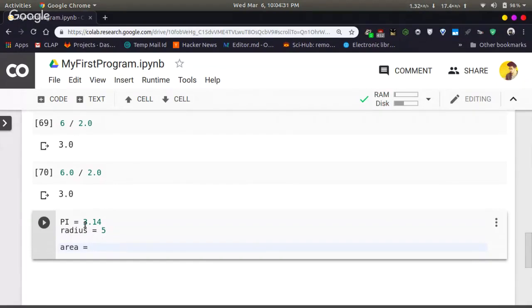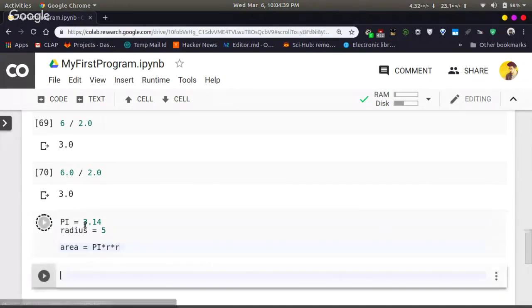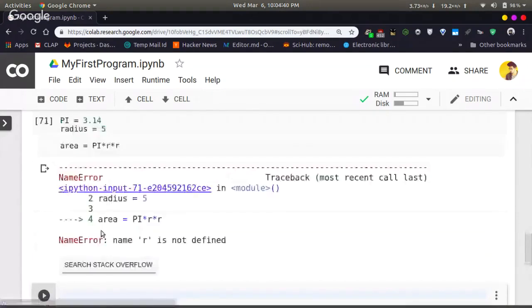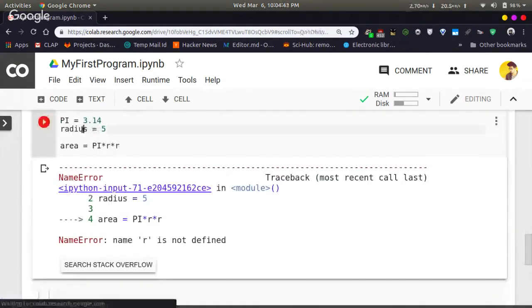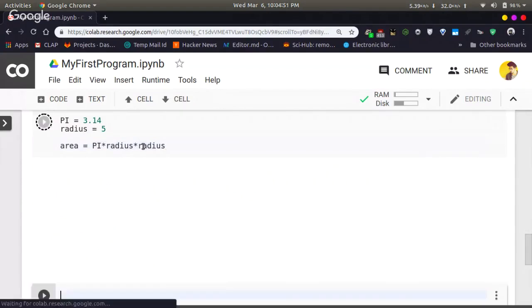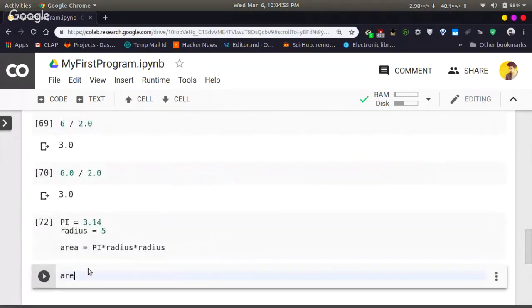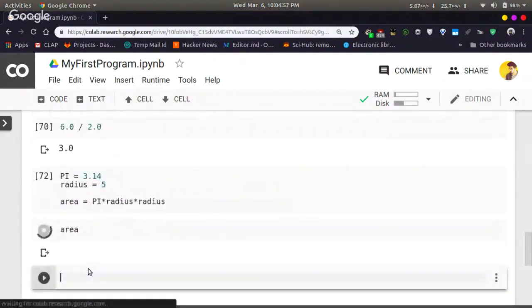It is pi into r into r, that is pi r square. By running this, oh sorry, I have used r here. You have to use radius. So pi into radius into radius will give you the area. When you print out the area, you can see the answer.